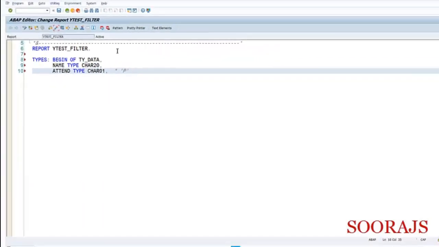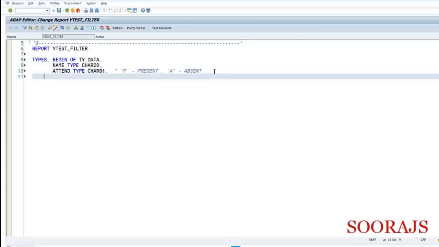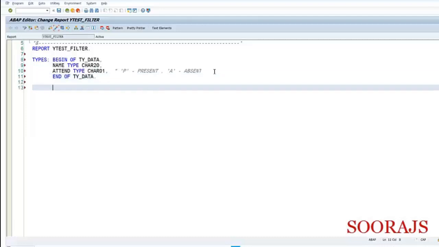So this is like data for a day of a student. Present equal to P, and A for absent. Let us consider it like this. In order for us to understand how this works, let us try to find an easy way. That's why I'm trying to explain with this detail. And I'll end the structure here.